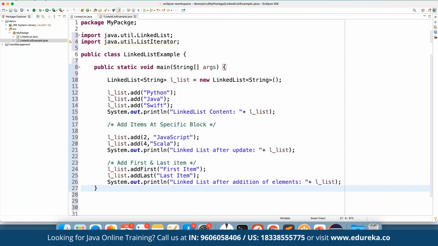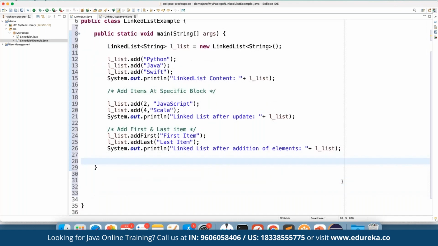In the same way we can keep on adding the first and last items. If we want to remove the items from a given position, or remove the first and last, we can remove that as and when required. For example, we want to remove the items. So for removing the items, we can again simply define it as, let's say,